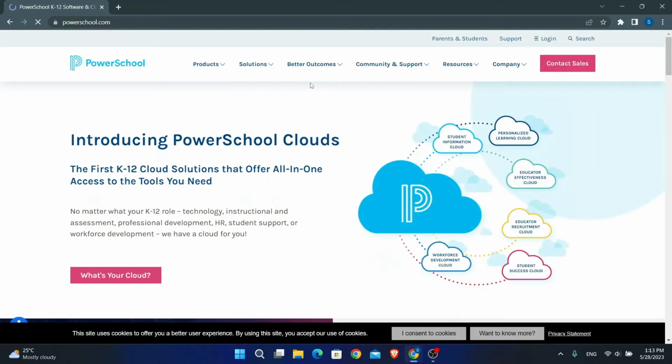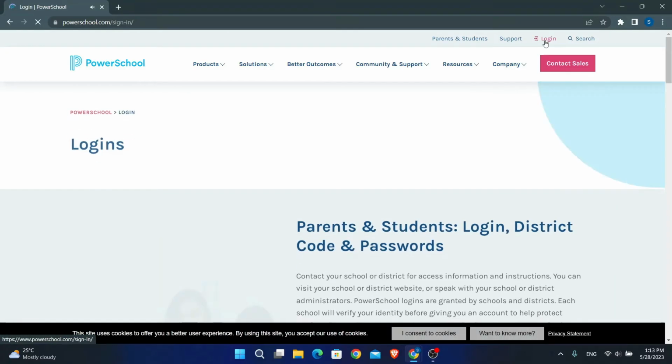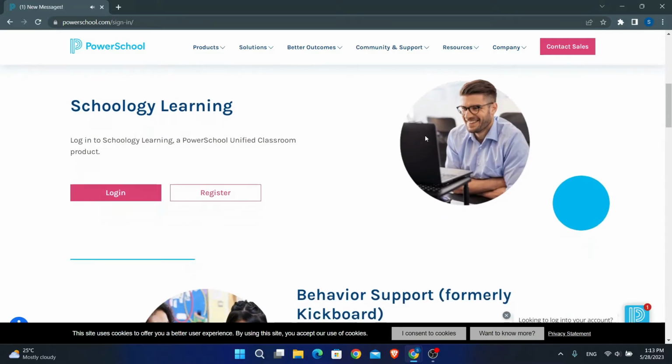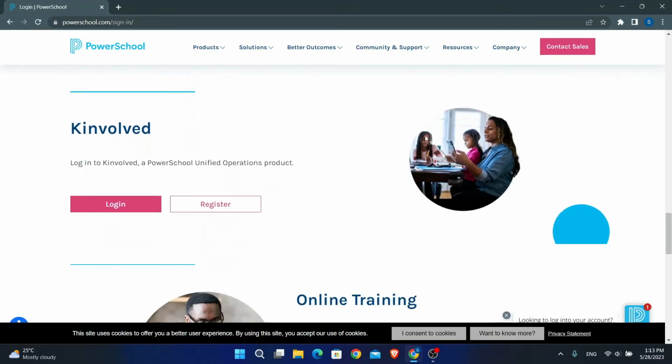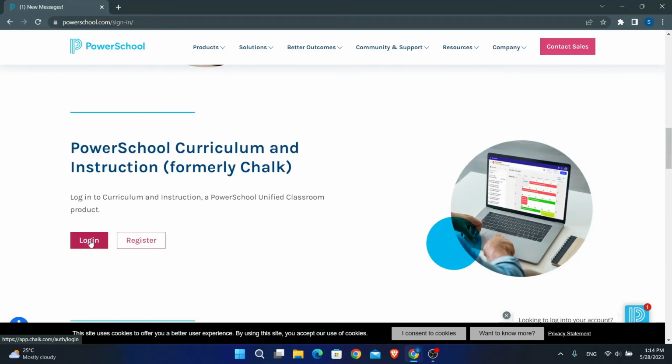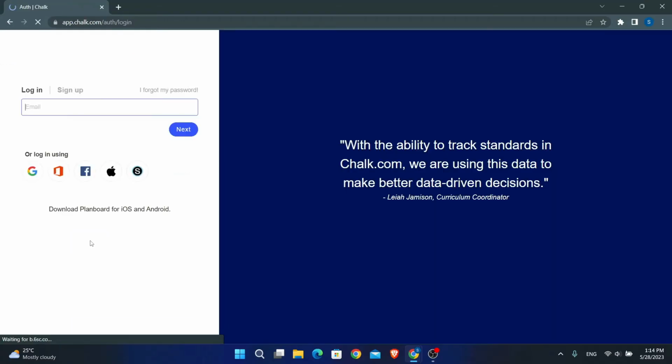Now in order to log in, just click on the login button at the top right section alongside the search button. This will now open up the login page. From there, just scroll down until you find your appropriate login page. Once you find your desired login, just click on the login button and then you will be taken into the